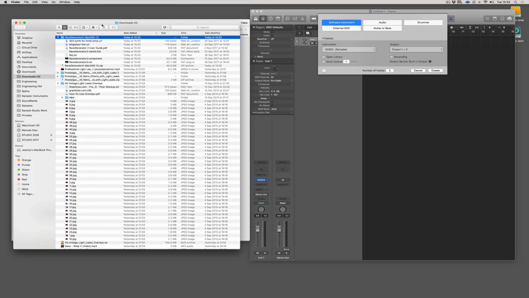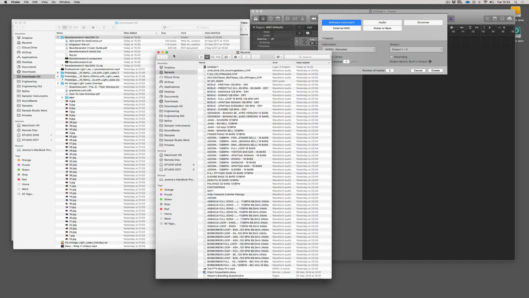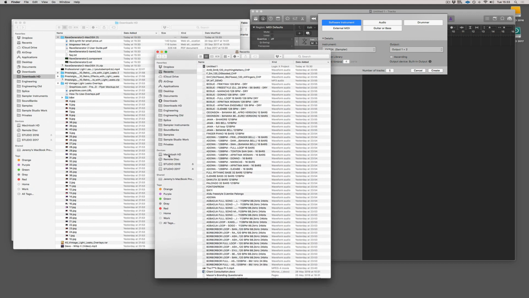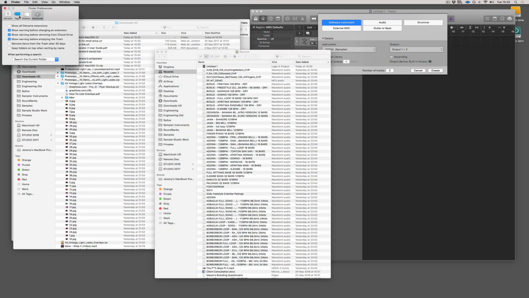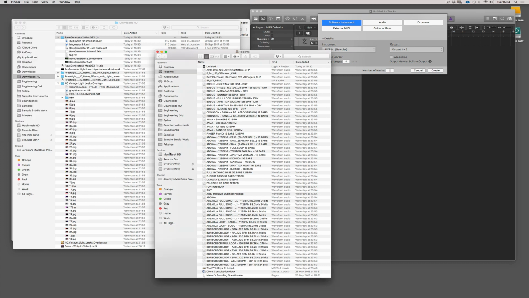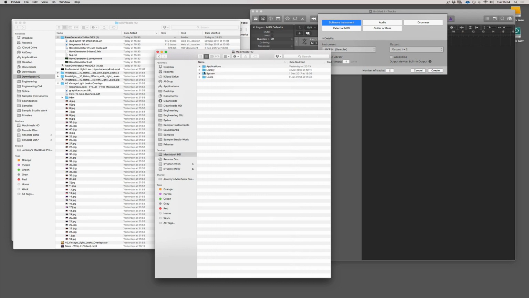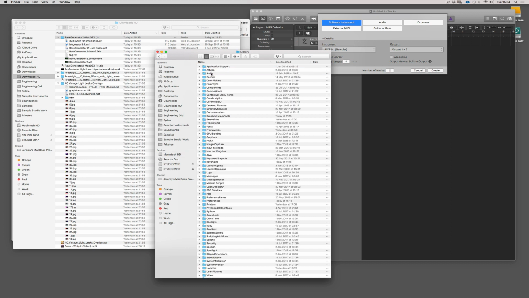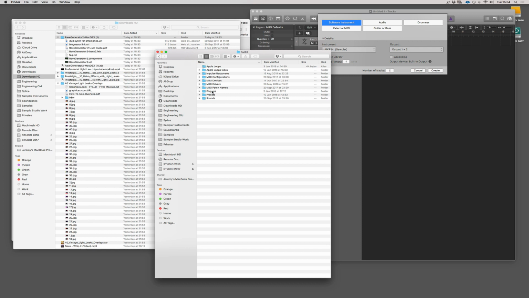So what we'll do is we're just going to grab a new Finder window. And you want to make sure that you've got your Macintosh HD over here on the left-hand side. If you don't, it's really easy to make that appear. So just go to Finder, Preferences, and then you want to go to Sidebar and make sure Hard Disks is ticked. That will show the Macintosh HD in the sort of side menu here of your Finder. Click on that, go to Library, Audio, Plugins, and Components,